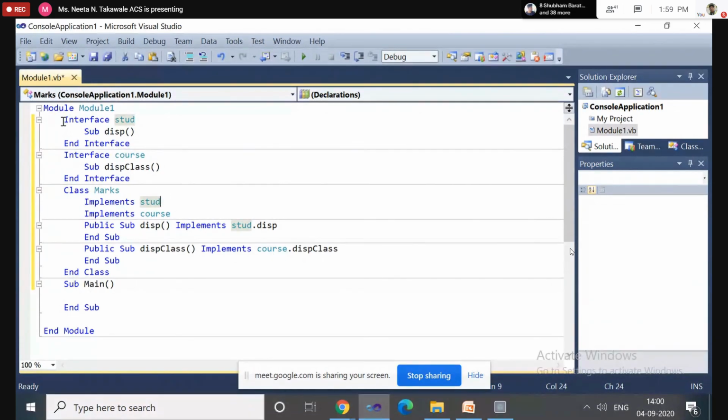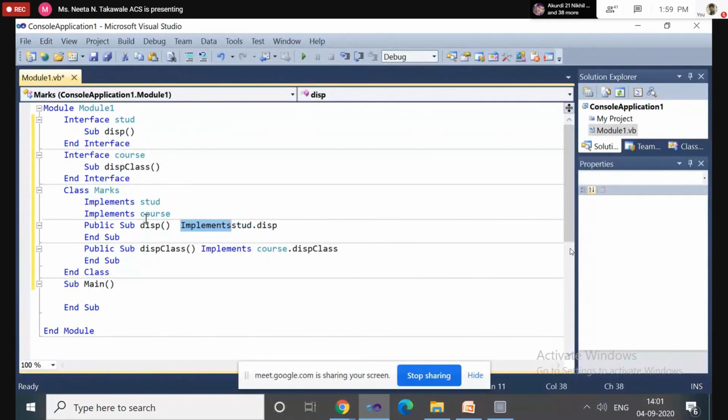The condition is that the interface only contains the declaration of the methods, and the class which implements the interface should contain the definition of those methods. So the definition of Display and DisplayClass should be inside the Marks class. It should be declared using the public access specifier, and after that use the Implements keyword.